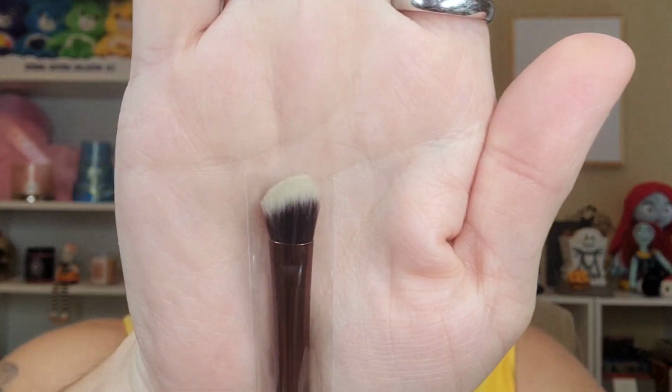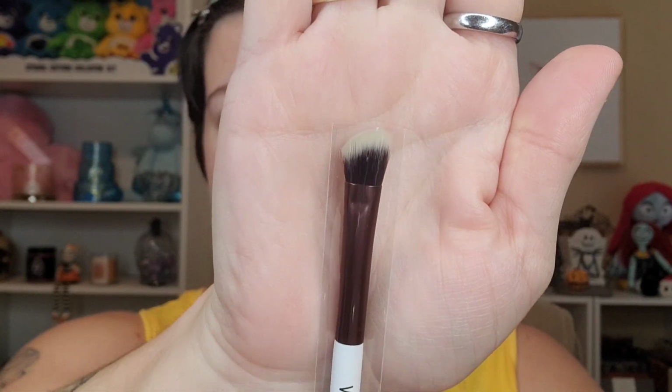Ooh, already on top I see a brush. I love getting brushes, and to be honest, if I didn't get brushes in subscription boxes, I probably wouldn't have any brushes. So it is the same bag, except this one is like a peachy corally color, and the other one that I got was blue. I love this bag so much, like I would actually use this one. But right on top I have a Firma brush. This is a shader type brush. It is an angled brush. First up,